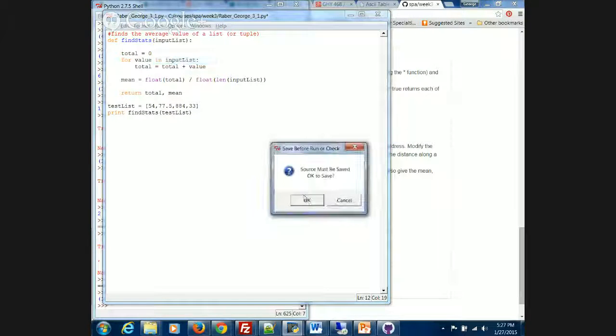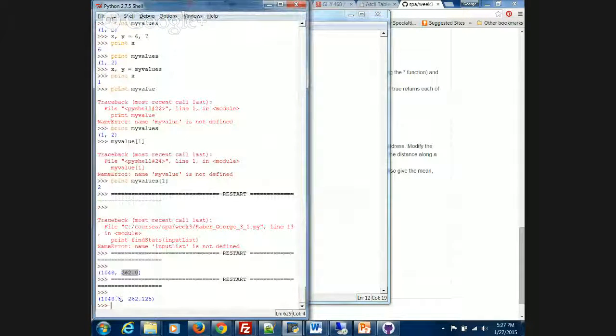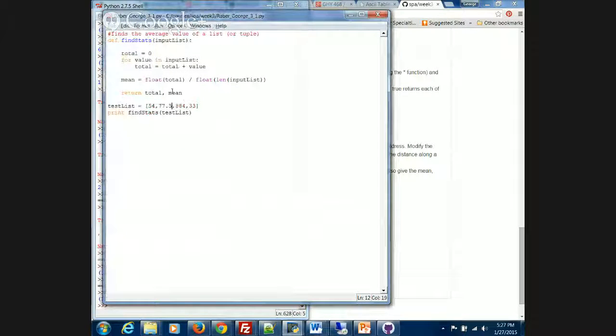So now if I hit run, I run that. Notice that it's created a floating point number for us. So we don't really need to explicitly change that value to floating point, because it'll do it for us if it needs it. Okay. All right, so we can go ahead and check off